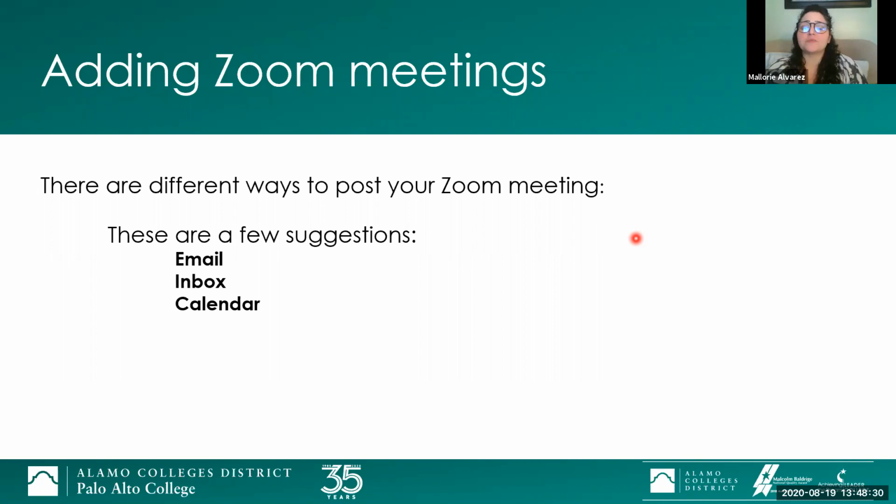Now, I know Zoom promotes the ability to connect to our calendar automatically. Unfortunately, that does not apply to our Outlook because Alamo Outlook does not pay for the cloud services. So anytime you come across any software or program that says, oh, this connects to your Outlook calendar, unfortunately, that doesn't apply to us because the district did not purchase the cloud aspect. So Zoom cannot automatically connect to a calendar. You're going to have to physically go in and copy and paste that Zoom link.